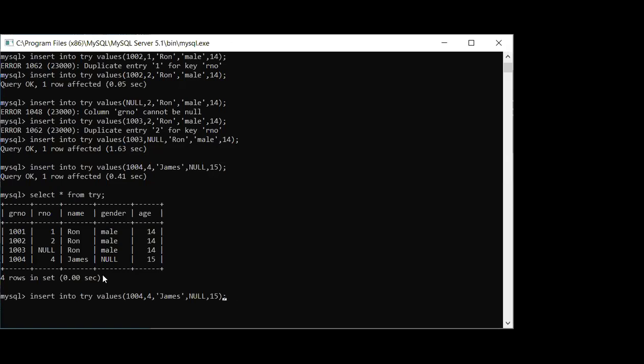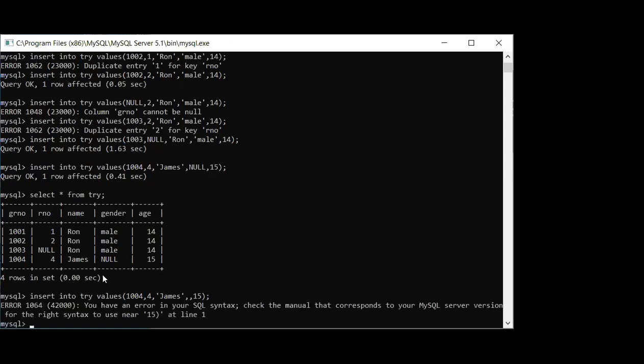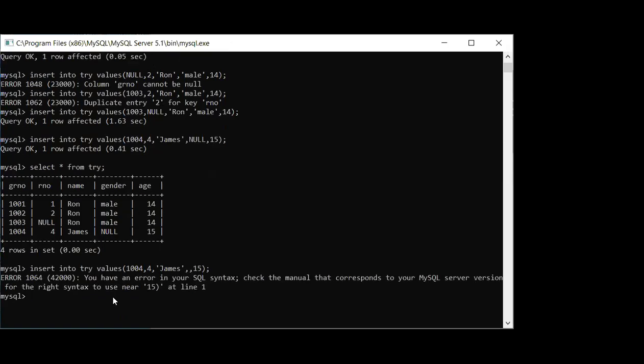So what can we do now? Instead of this, suppose I make it like this, where I'm not writing anything here. I'll give this case. So this is also not allowed. If you wanted to use the default value in that particular case, this type of insertion will not work. Now the question is, what is the other format or other variation of insert?